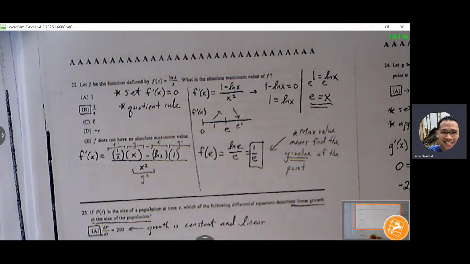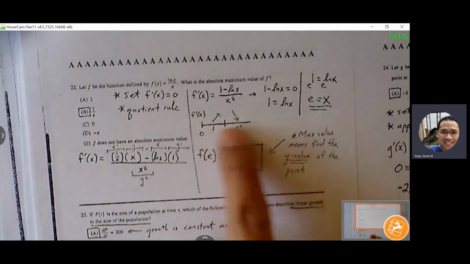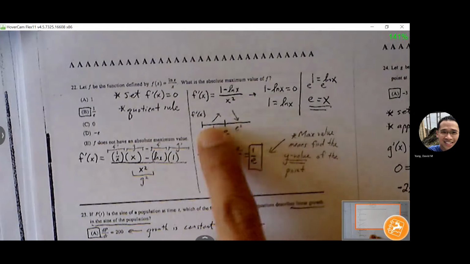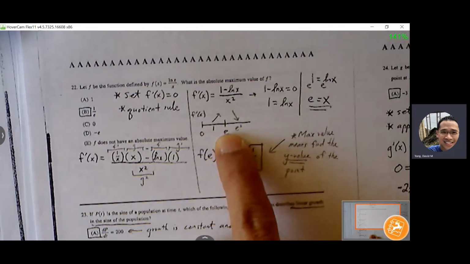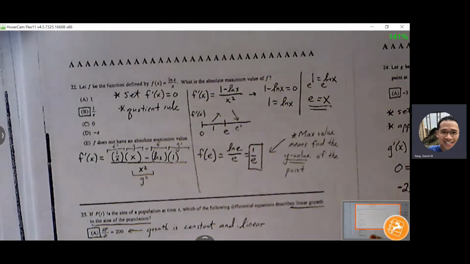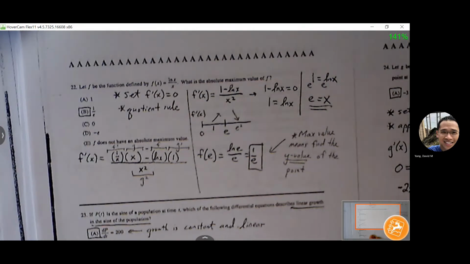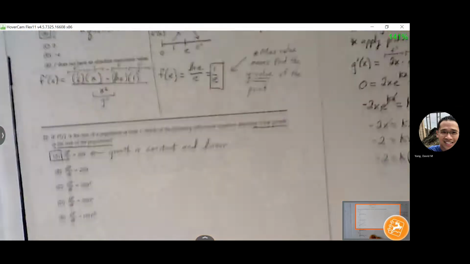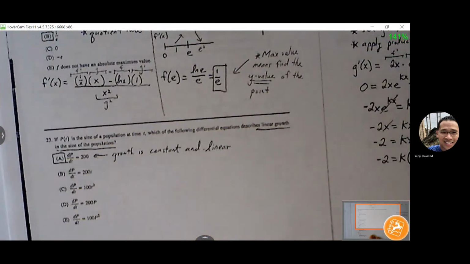We get e. Test values at either of my critical points. Increase followed by decrease. I know my relative max is at e, but it's asking for the value. So I've got to plug e back into the function to get that y value. I'm going to stop a little bit short of page 8, but I'll pick up this section in